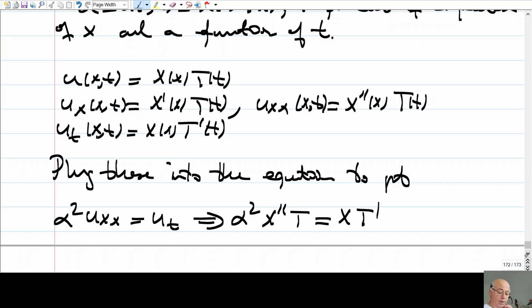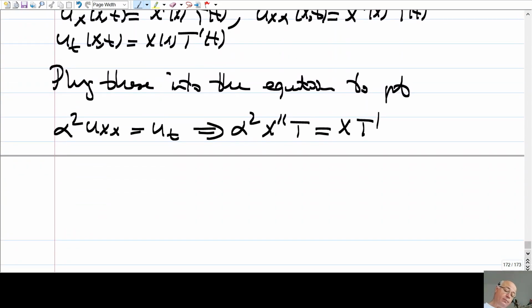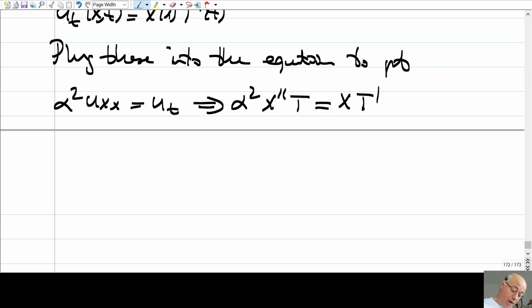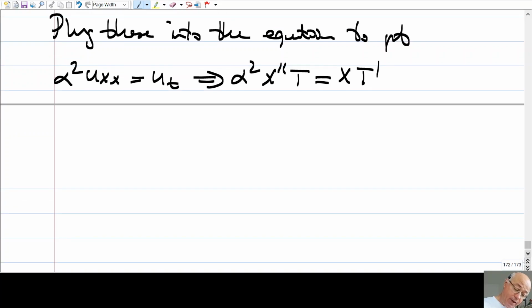Okay, and then we do what? We separate the x and t variables, and let's see what we get. So we have X double prime over X and T prime over T equals,